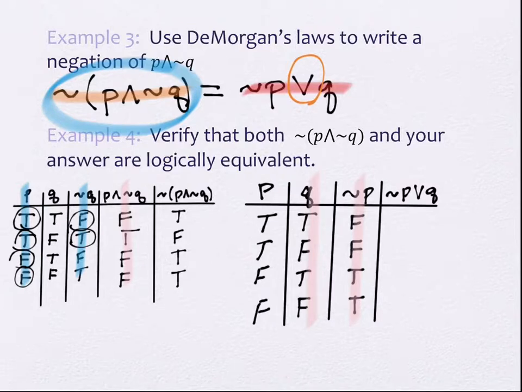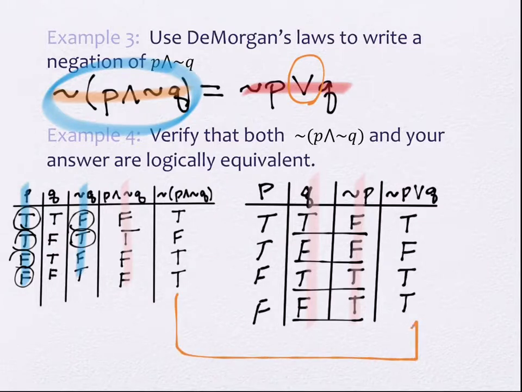So from the highlighted pink columns, on the first row, I have true, false, so that row would be true. The second one is false, false, which would give me false. The third one is true, true, which gives me true. And the last one is false, true, which gives me true. And take a look at this. What can you tell me about those two final columns? They're the same, right? They're the same. Hence, our statements